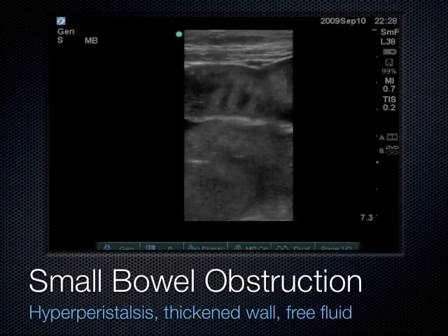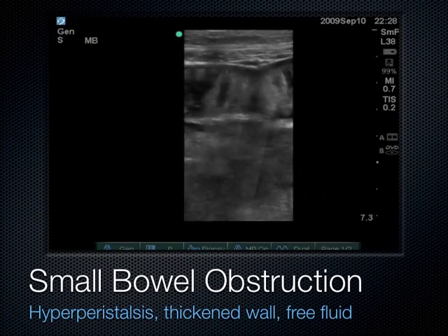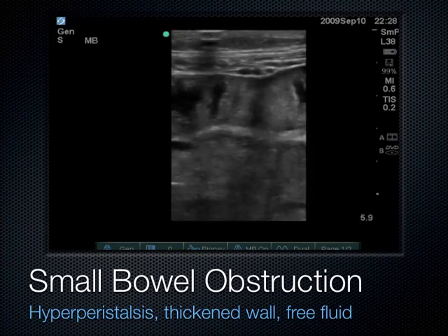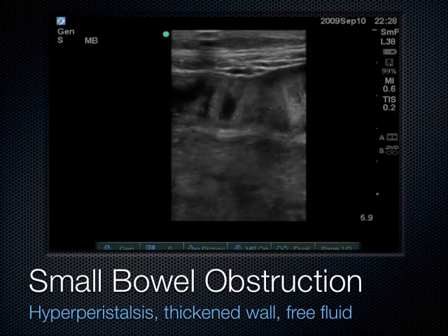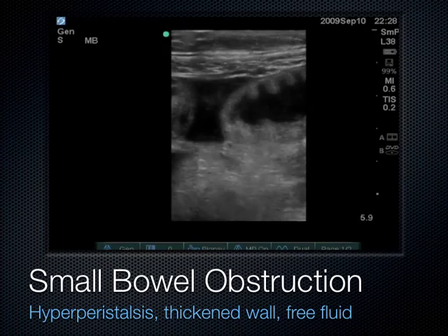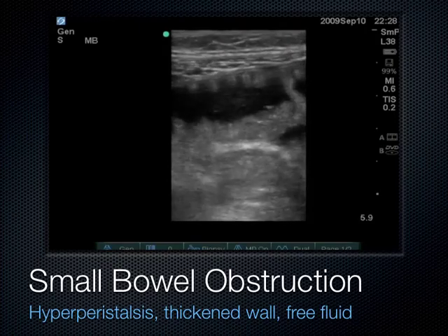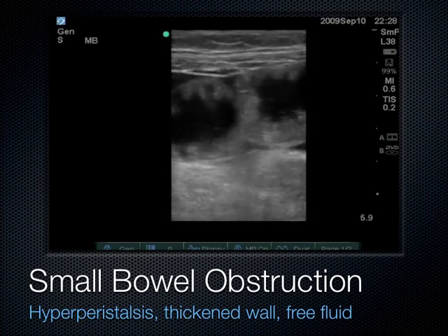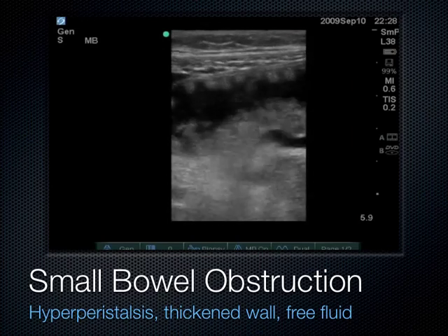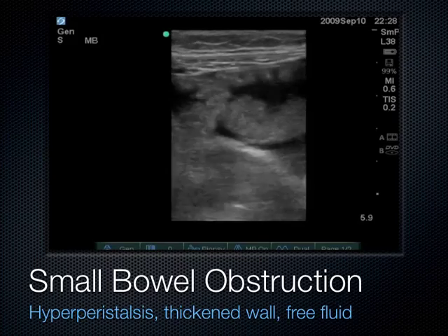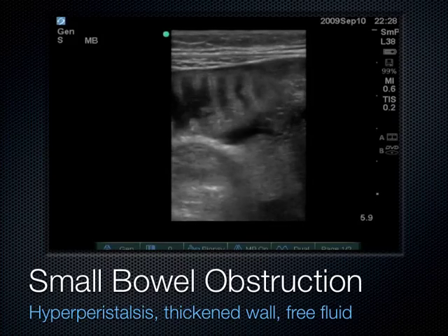And so this is just another example here of the small bowel, the plicae circularis going all the way across, and it definitely has thickened wall. And if we look adjacent to it, there's even free fluid between two of these loops of bowel. When you see free fluid like that between two loops of bowel in a patient with a small bowel obstruction, that's a surgical emergency. The presence of free fluid means we need to go to the operating room now on